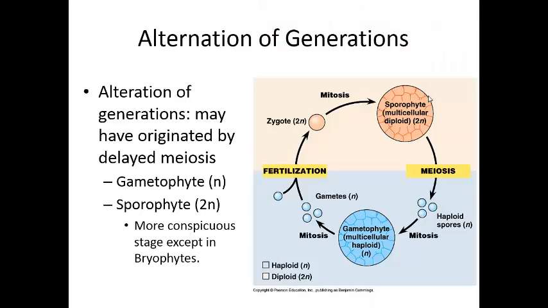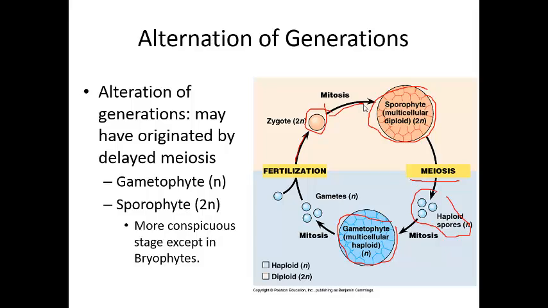Plants exhibit what we call alternation of generations. Every generation of a plant flip-flops from being diploid back to being haploid. The diploid generation we call the sporophyte. So the sporophyte is 2N. The sporophyte goes through the process of meiosis, and the sporophyte produces haploid spores, and these spores are going to grow into the Gametophyte generation. The Gametophyte is going to be the haploid generation. The Gametophyte produces gametes, sperm and egg. Gametes fertilize each other to produce a diploid zygote, and that zygote is going to grow into the next sporophyte